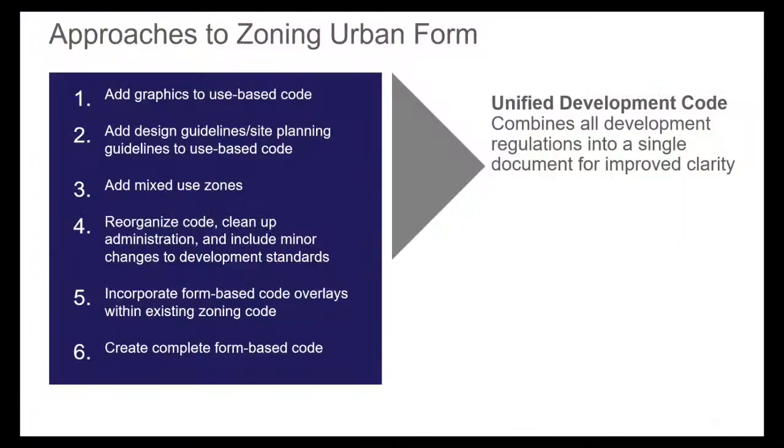If you think about approaches to zoning, you can first add graphics to your use-based code, so you understand we're talking apples to apples a little bit more. You can add design guidelines to your use-based code. That again gives people a little bit more sense of what we're trying to achieve and what the look of it wants to be. Adding mixed-use zoning adds greater flexibility about different uses on the same parcels. And then as you go into 4, 5, 6, you can reorganize the code, which the town is currently doing some minor updates on. And then you can go into a little bit more complex changes, which is incorporating form-based codes within specific areas